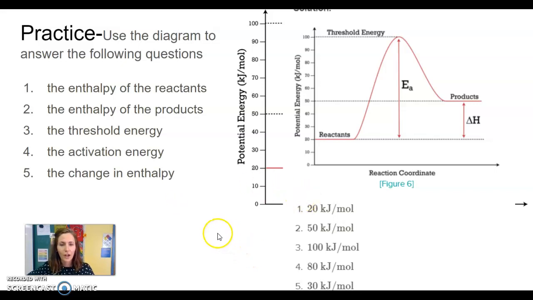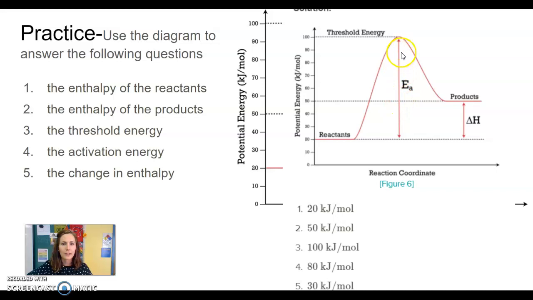And then here they are. So our enthalpy of the reactants is at 20 kilojoules per mole. The enthalpy of our products is at 50 kilojoules per mole. Our threshold energy is going to be the energy at the top of our reaction curve, and that is 100 kilojoules. Our activation energy is going to be the difference from the threshold to your reactants here,